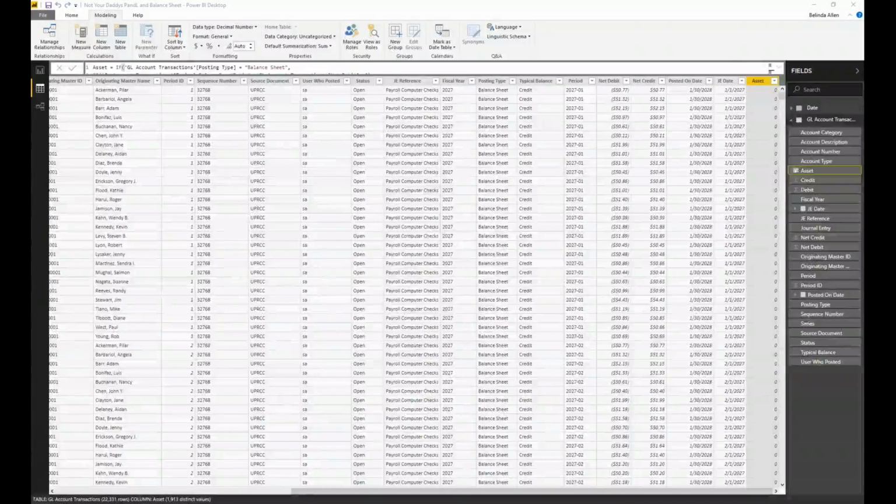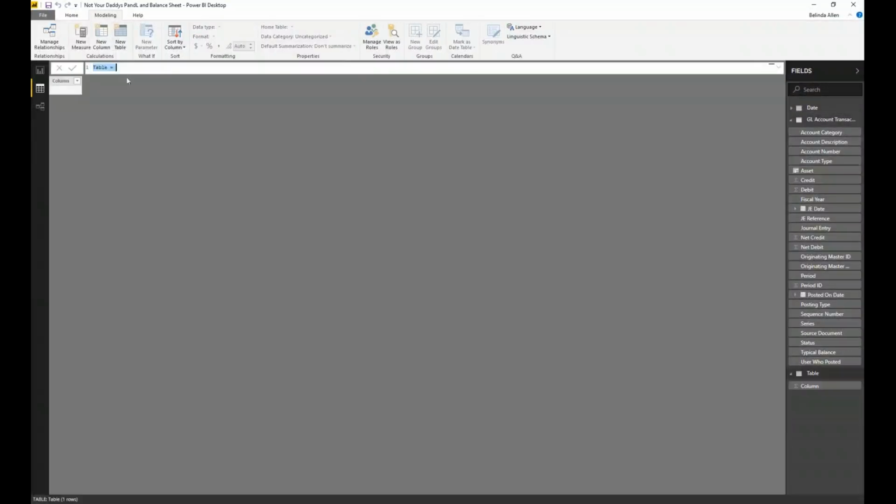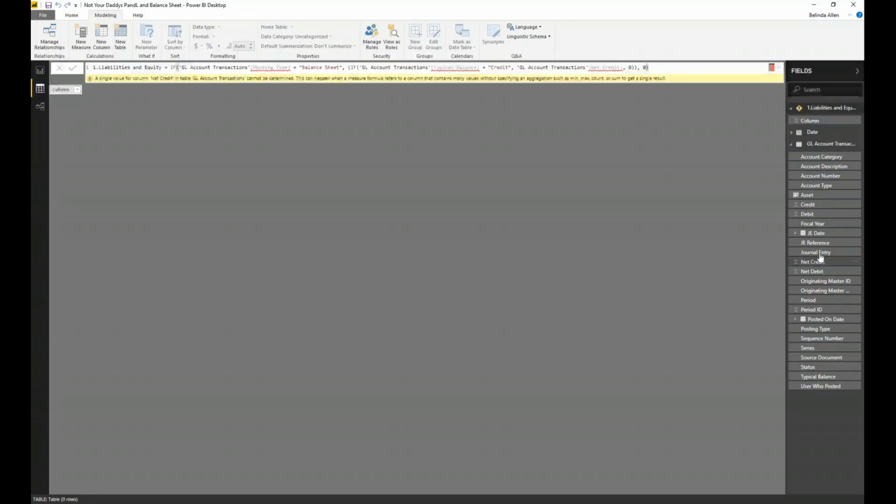So there's a lot of these that we want to add. I'm just going to copy and paste just to save time, because I do have all these functions in my list. I'm going to do liabilities, which are balance sheets with a typical balance of credit. So that's one. We'll commit that. And it tried to add that to the wrong spot. That's what I get for being cheeky.